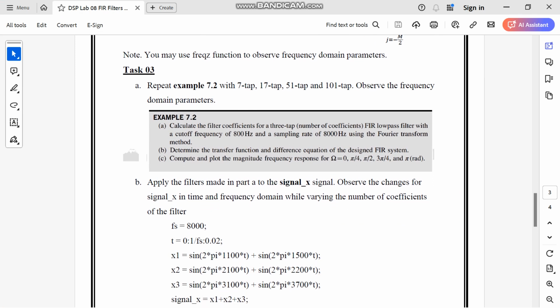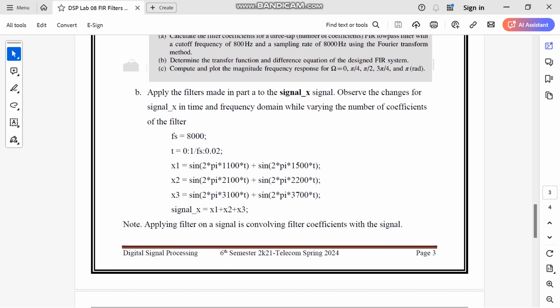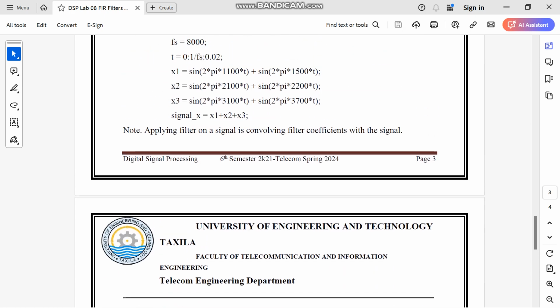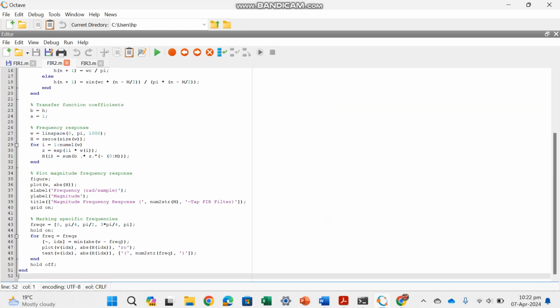For task 3, we have to repeat the example with a 7 tap, 17 tap, 51 tap, and 101 tap, and we have to observe the frequency domain parameters. We also have to apply the filter made in the first part to the signal given below and observe the changes. To see the code, we have